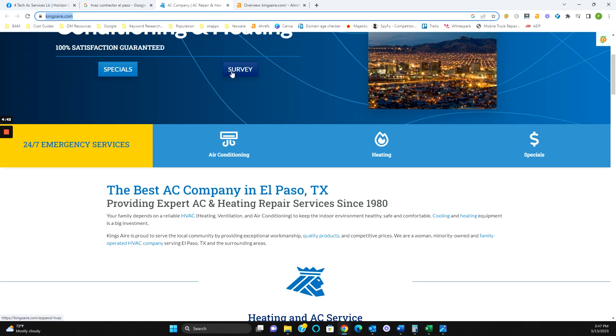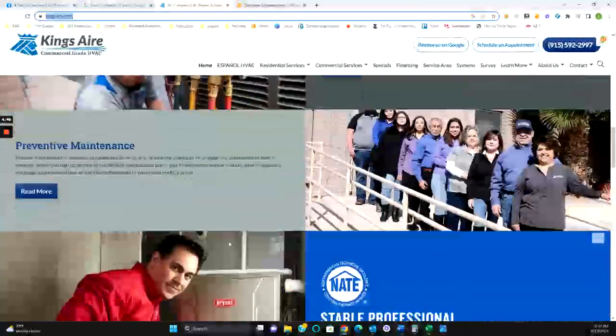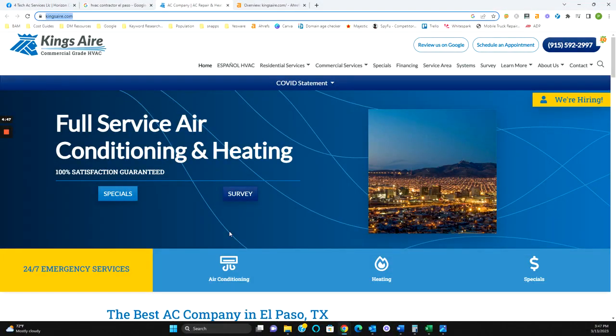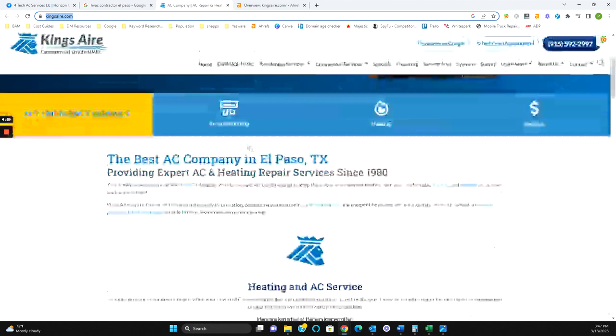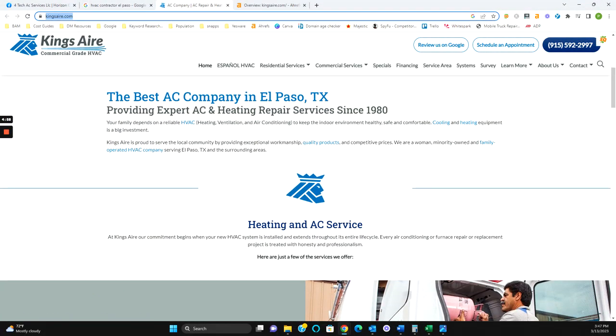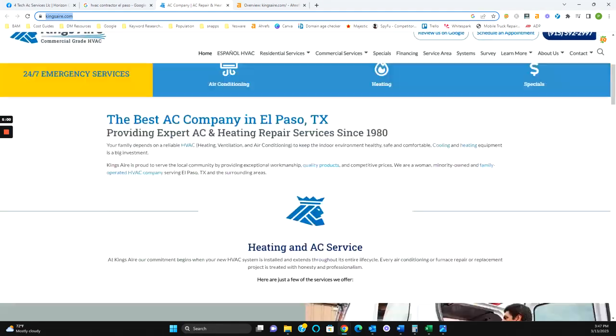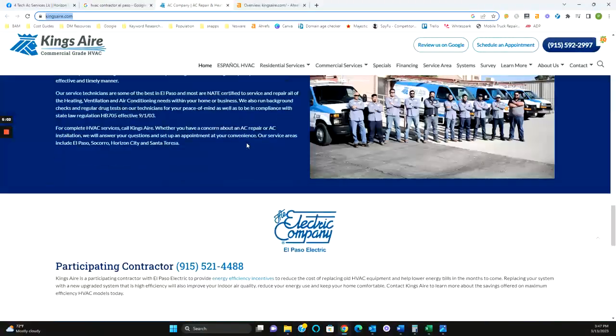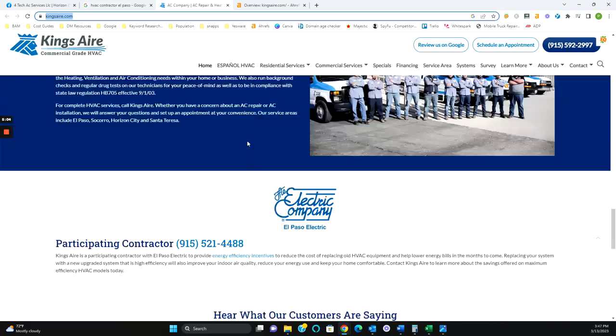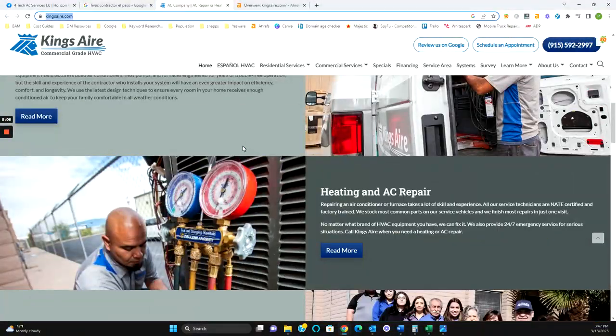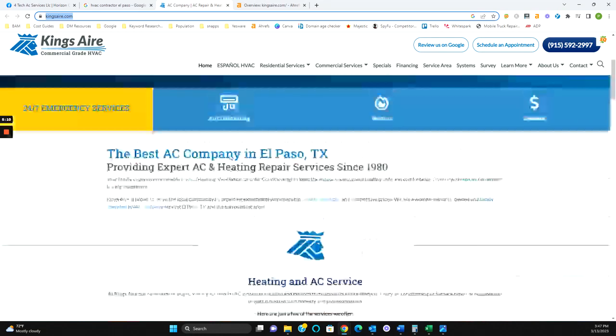As far as search engine optimization is concerned, Google has robots that scan websites and bring information back to Google. That's how they know whether the website is doing what it's supposed to do or not. So Google wants to see 1,500 to 2,000 words on the home page. So you can see here, King's Air is lacking that. So, if you were to create your own website and you start with 1,500 to 2,000 words, that gives you